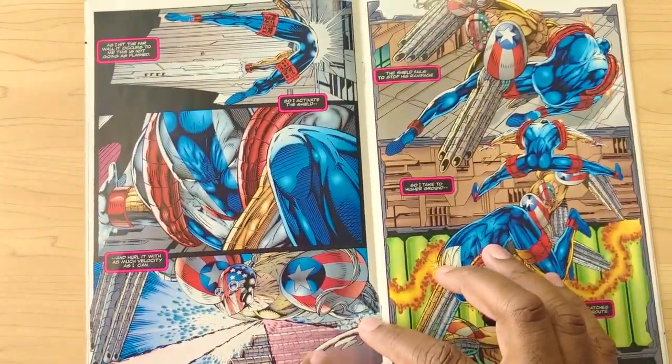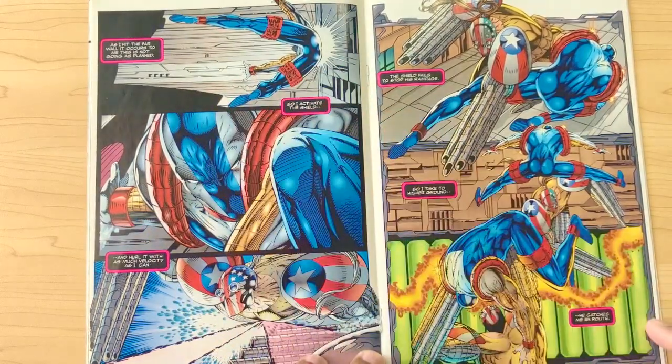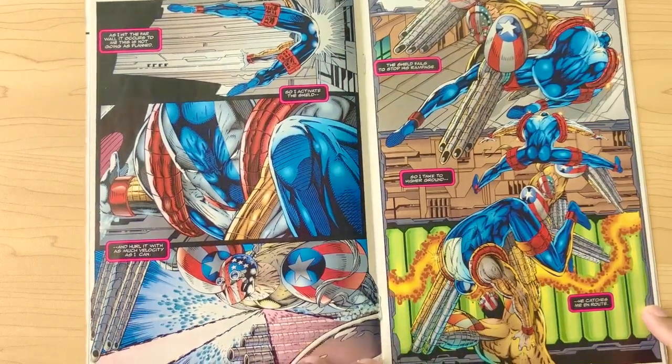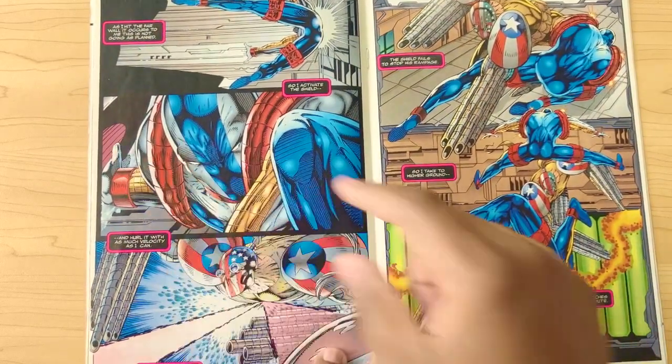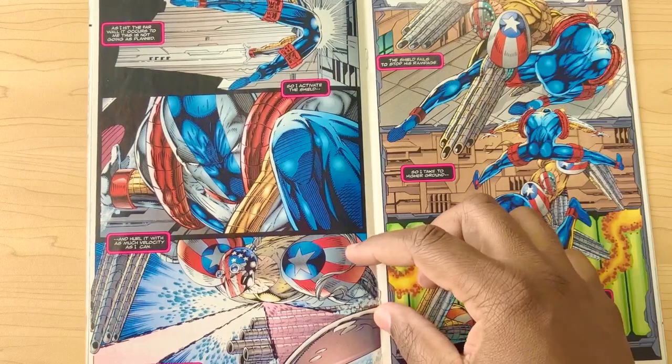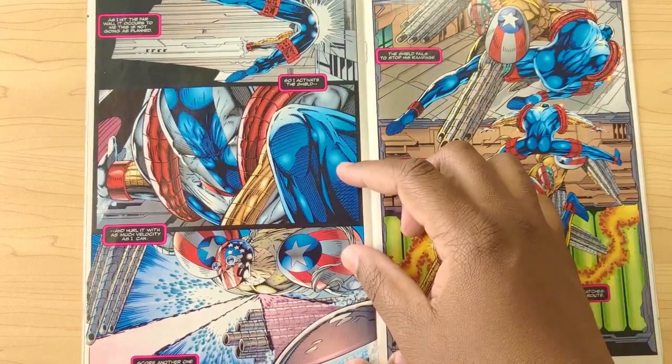So I'm assuming Super Patriot swats him back, so that causes Diehard to fly into a wall. And Diehard, in order to slow Super Patriot from charging at him, takes his shield and throws it directly at his abdomen. This probably could have been a little bit more